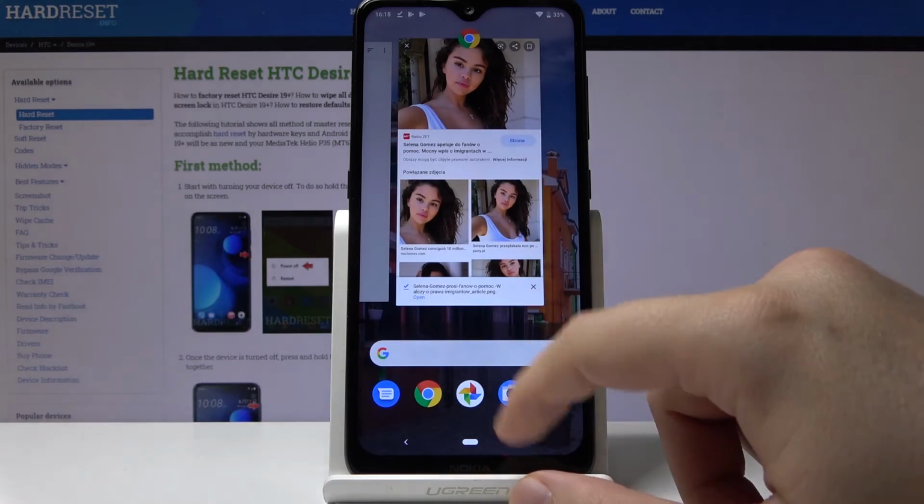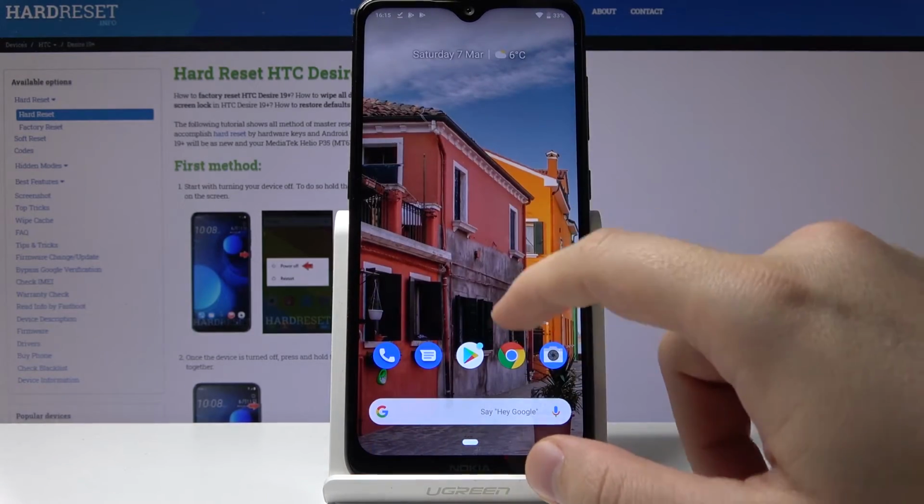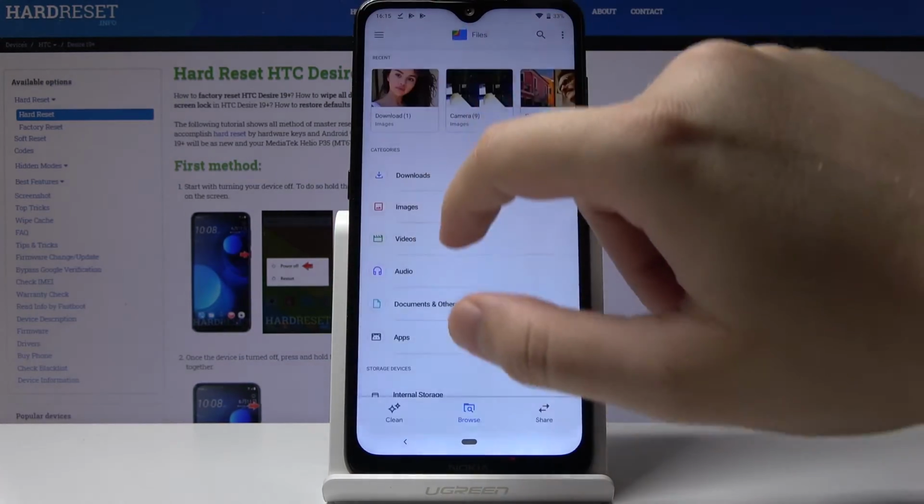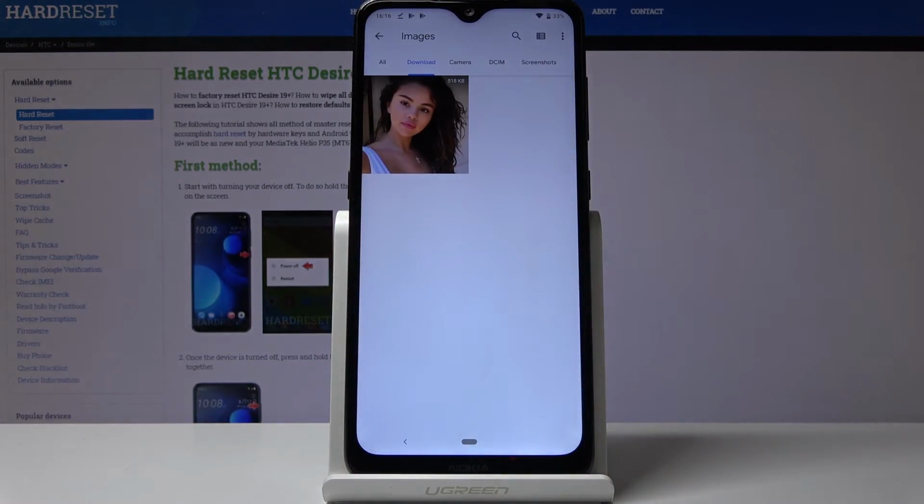Okay, and now when we go again to the files, there will be our photo of the Selena Gomez, as